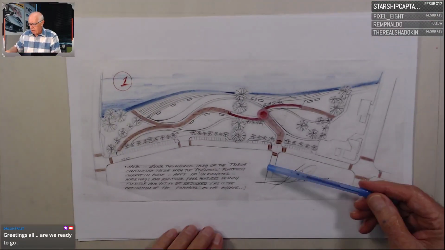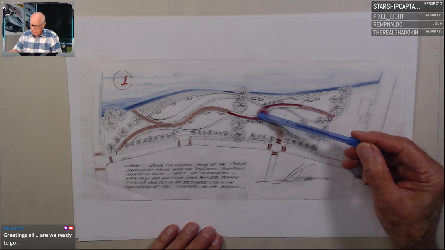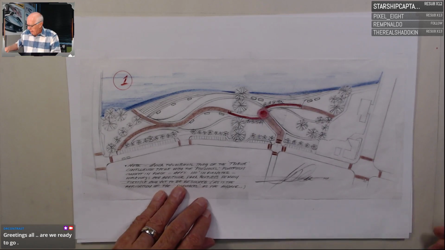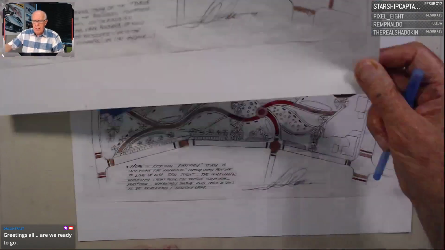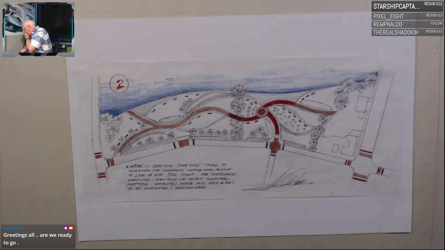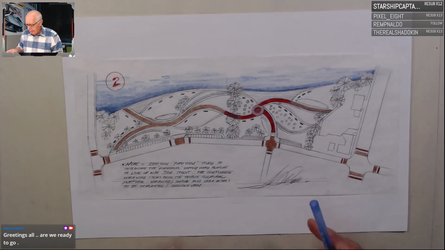You've got almost like a dog leg going into this concept, or this focal point area, and coming out of it's a little bit clumsy, and I just really thought, well, let's take another look at this. There we go. Coming out of this a little bit cleaner, notice, we still have the